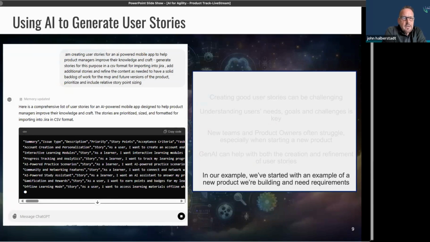And you can see in the real world response there, a comprehensive list of user stories for the app as I'd requested. And I had specified the format that I want so that I can import this directly into Jira. And if you're using ADO or other tools, obviously you can specify that. But very quickly I was able to have sort of a kickstart of a basic backlog for that type of application. And that was generated in less time than it took for me to go through this slide.